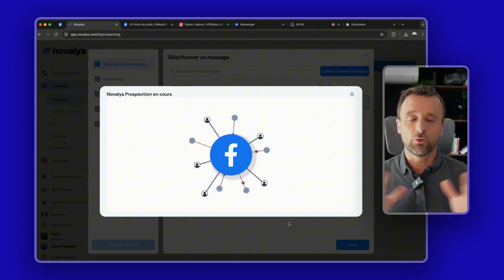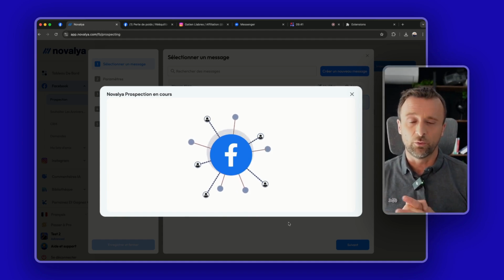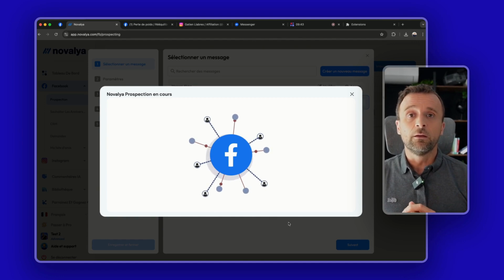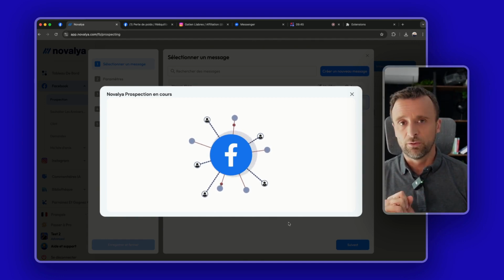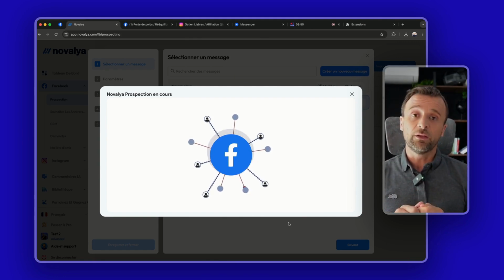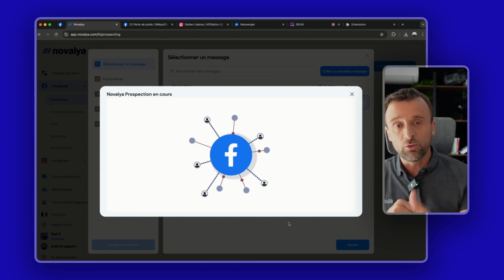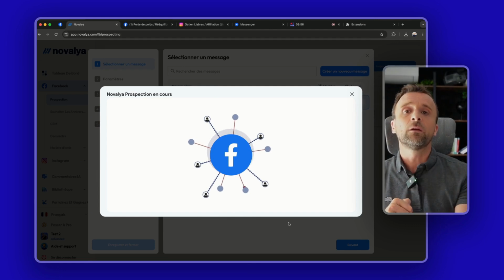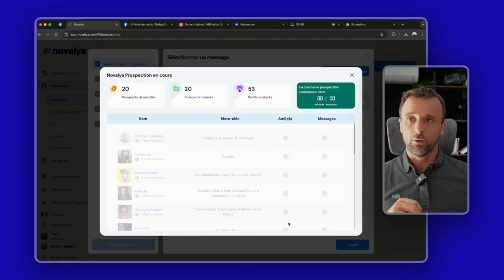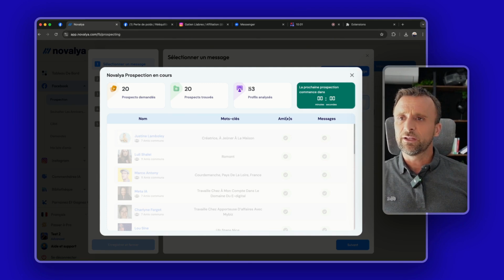And now what is it going to do? Novalya is going to go prospect people. It will sort through the profiles to select at least 20 from the group. Once we've selected them, it will show me these 20 profiles right in front of me. And then it will start prospecting one of them. And then it will take a break. It will open that profile, look at it, wait, and then send a second message, and so on and so forth. So here, actually, it has analyzed 53 profiles to find 20, and it will automatically